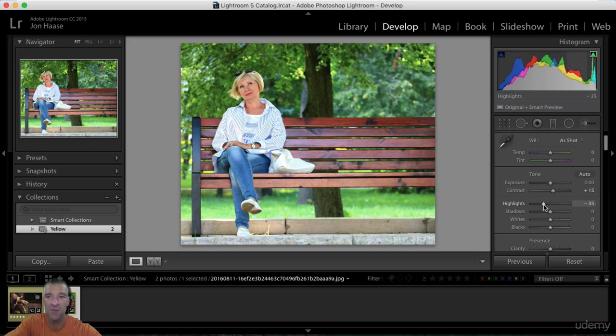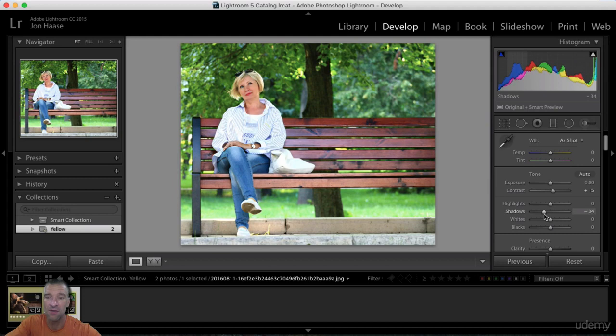And that's really what happens when you've got those highlights clipped, is there's no information there for Lightroom to work with. You've exceeded the dynamic range that was available to you. So we'll go ahead and turn that off, because now we know we've got a bit of a problem with highlight clipping, which we kind of could see because we've got some very bright and very dark parts of this image. Nonetheless, I do like contrast being boosted a little bit, and we could probably deal with maybe a little